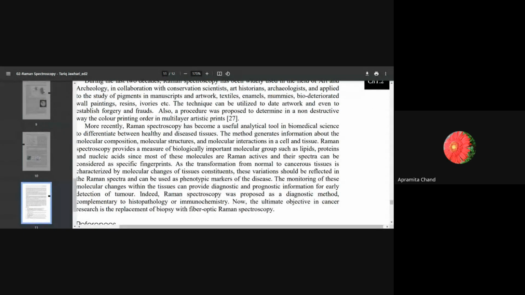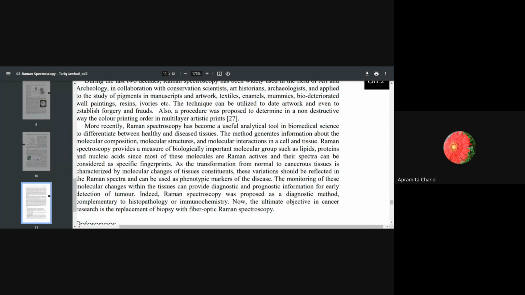Similarly, in the medical field also, Raman spectra has become a useful tool. So they can also generate information about the molecular composition, any kind of molecular interactions between the cell and tissue. So some kinds of Raman spectra, they can find out lipids, proteins, nucleic acids, and they have very specific fingerprints in the Raman area. So they are Raman active. And if you have cancer, sometimes you can see the transformation from the normal to the cancerous tissues, and you can detect these variations by Raman spectra, and they could be phenotypic markers